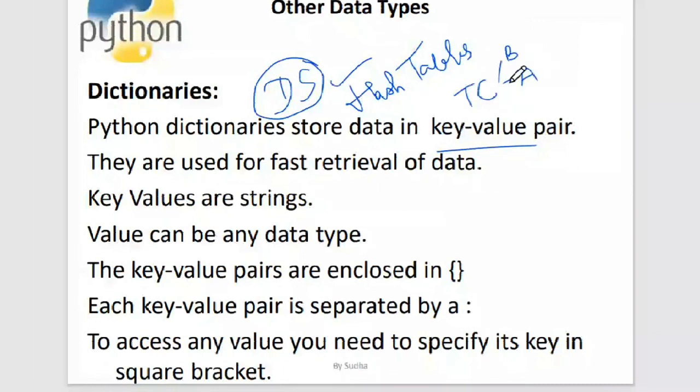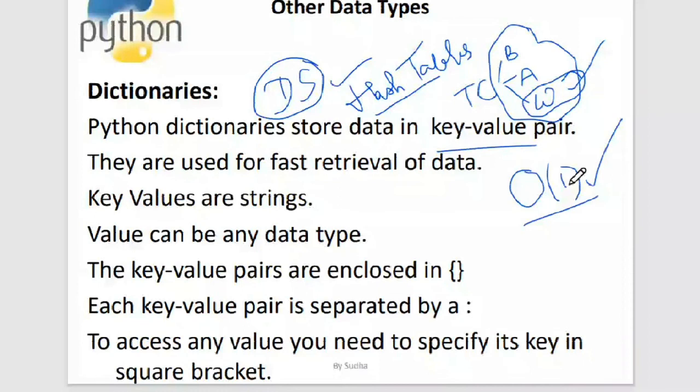Okay, so coming to the data structures, whenever we compare these data structures, whatever data structure is giving best in terms of worst case time complexity, then that is considered to be the best data structure. And among all the time complexities, order of 1, which is called the constant time complexity, is the best among the list of the time complexities. And if you consider this dictionaries,